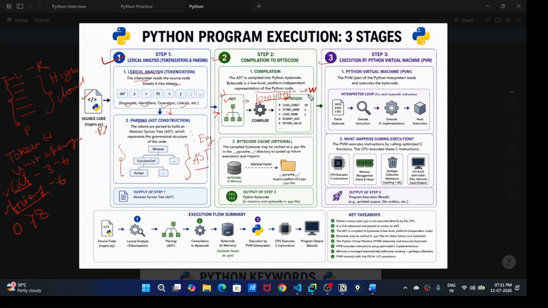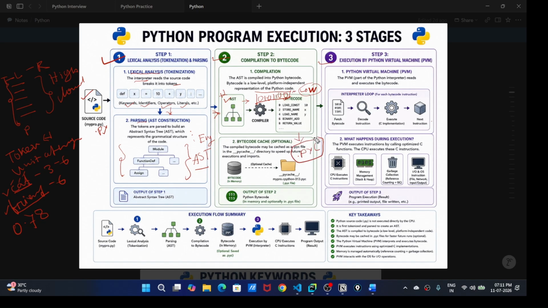Humans can understand high level, but machines understand only zeros and ones. So it compiles the Python bytecode. Bytecode is a low level, platform independent representation of the Python code.